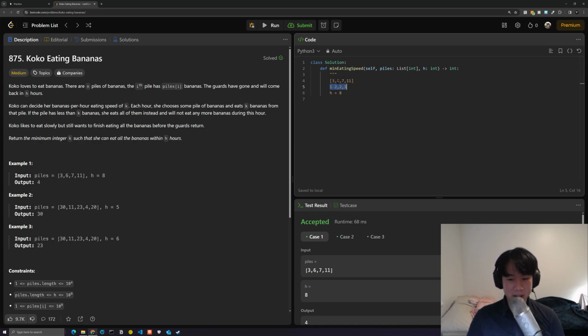So one way we could take a look at this is to figure out which number k. What we want to do is choose which number k in order to eat all the bananas within a specific time constraint. So if we take a look at the possible values of what k could be, well, k could be one of the smallest values in the